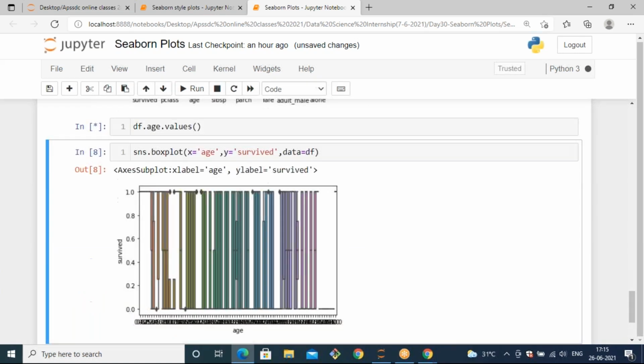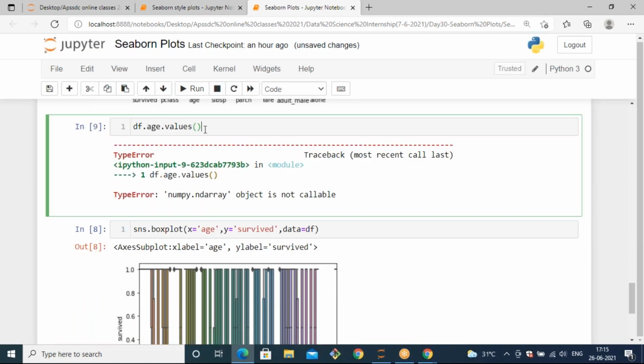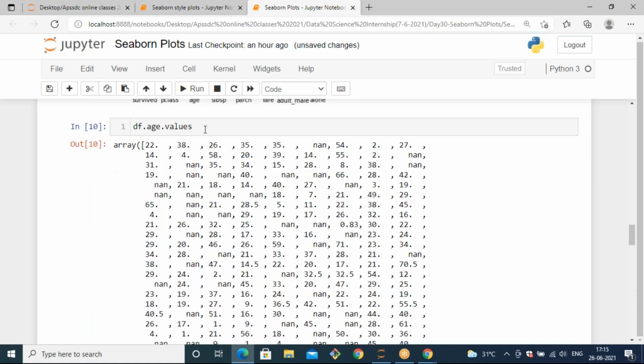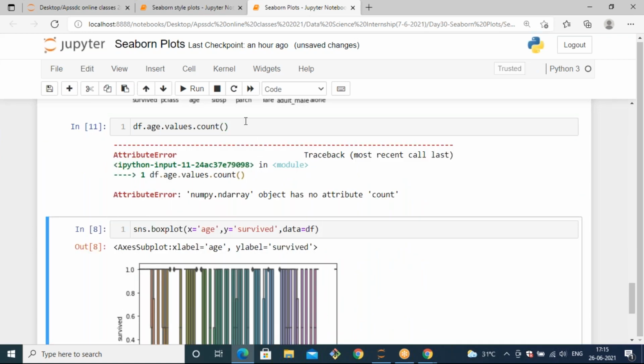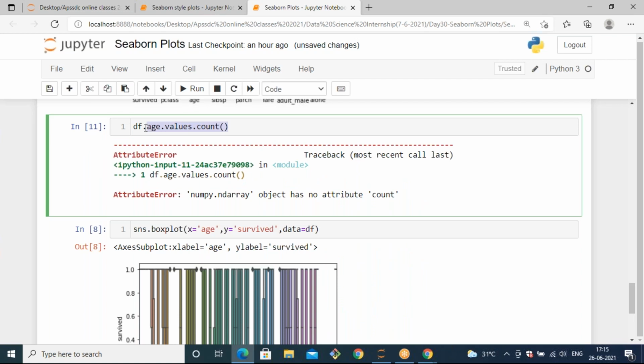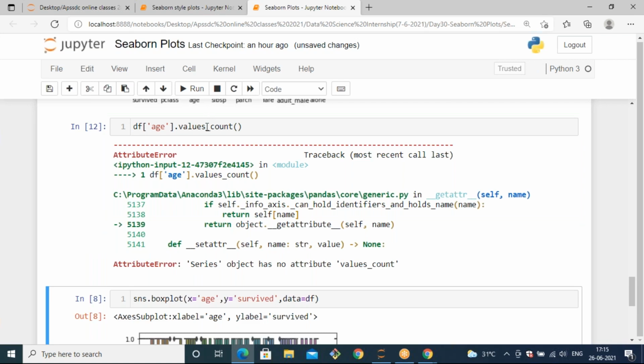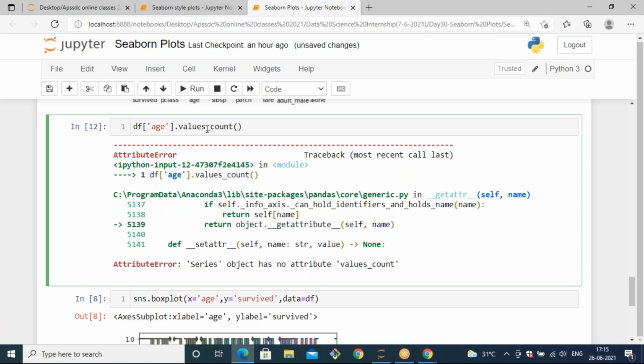Can we access it? We cannot access it like this. If you want to get the counts of the values, you can use df of age dot value_counts.